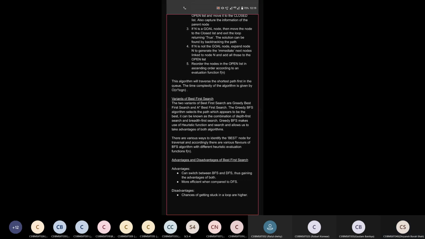function and search and allow us to take advantage of both algorithms. There are various ways to identify the best node for these advantages. The disadvantage of BFS is